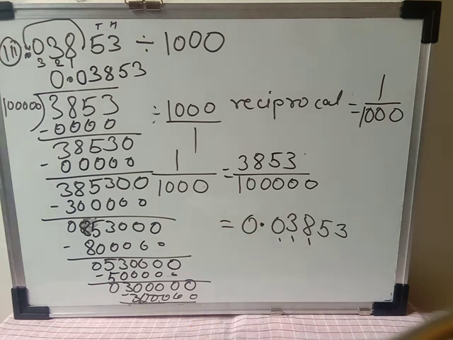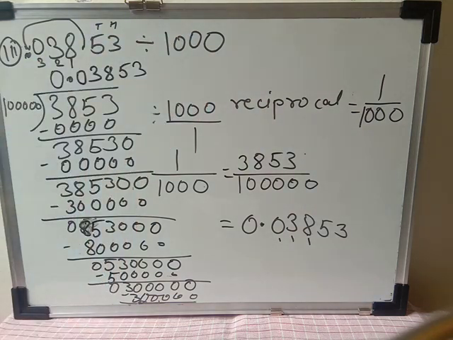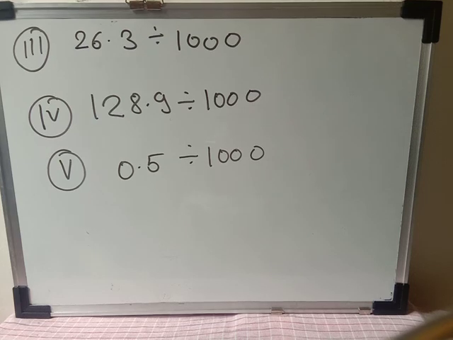I hope now you are understanding what we have learned in the previous session about the decimal division of decimal by 1000. Okay, so here I have solved the two examples. The rest of the 3 examples you have to solve as homework. Okay, so question number 4, these 3 questions you have to solve as homework. Please write it down in your notebook.